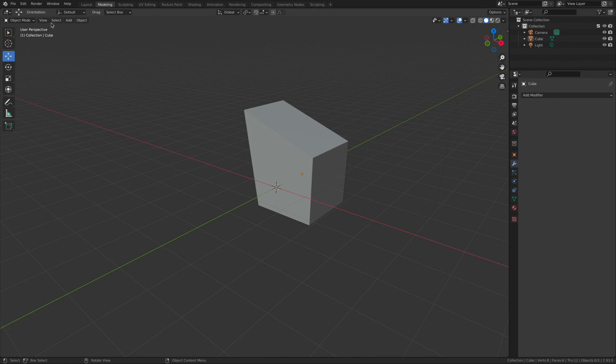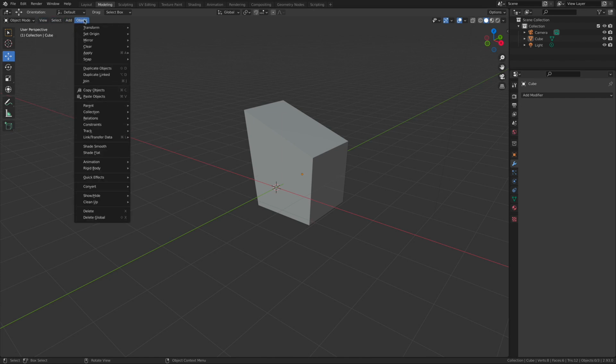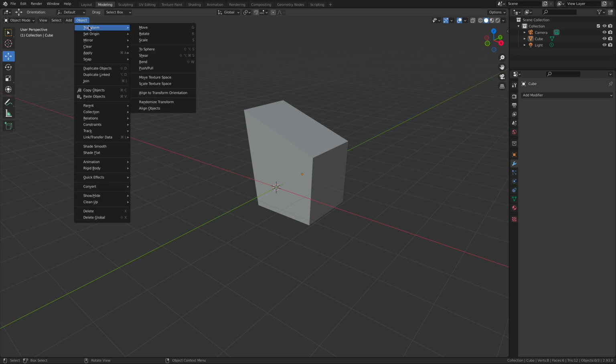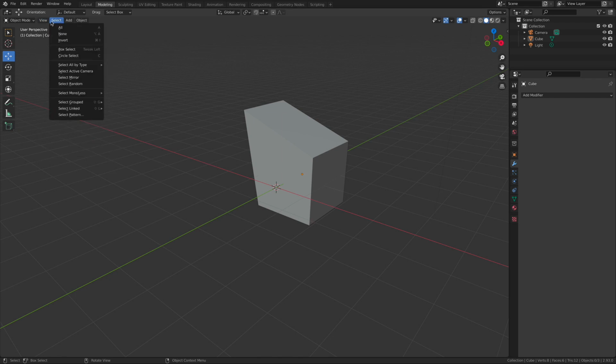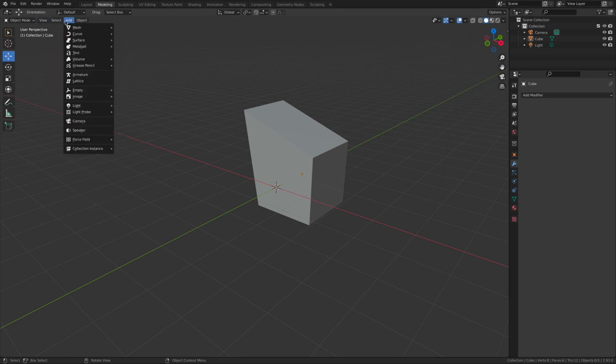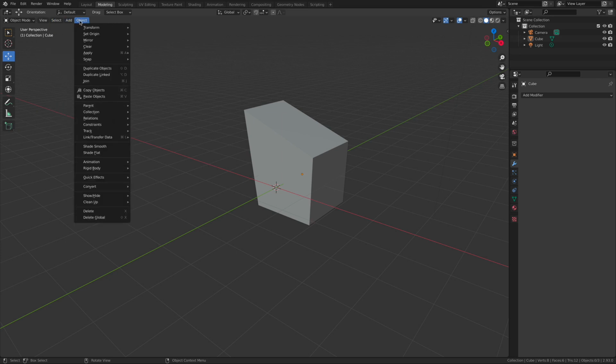Now, we also have some pull-down menus at the top. Don't overlook these because these are going to give you the complete list of tools and what's available to us inside of this particular mode. Of course, we have the object pull-down menu, and you can see that there's a lot in here. These menus are more than just simple little secondary menus. They actually contain a majority of the tools and the operators inside the application.